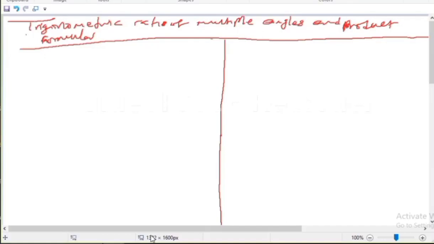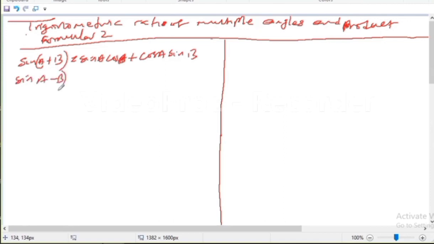that we are considering. So we look at this one, the further aspects. Now, what we stated the other time is that sine(A plus B) equals sine A cos B plus cos A sine B. Then you have sine(A minus B), which is equal to sine A